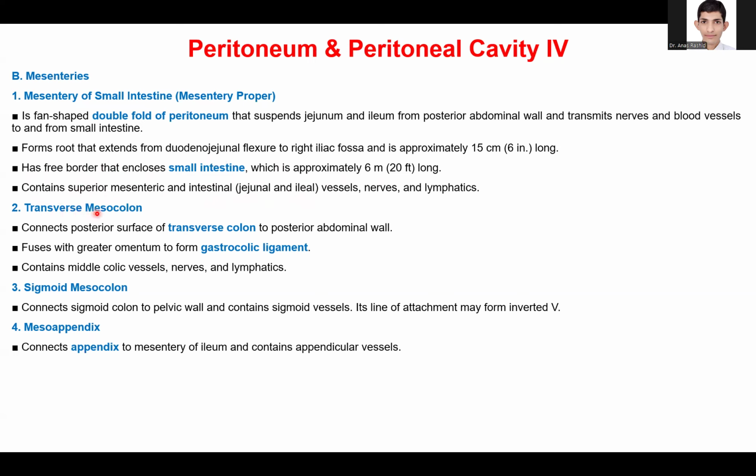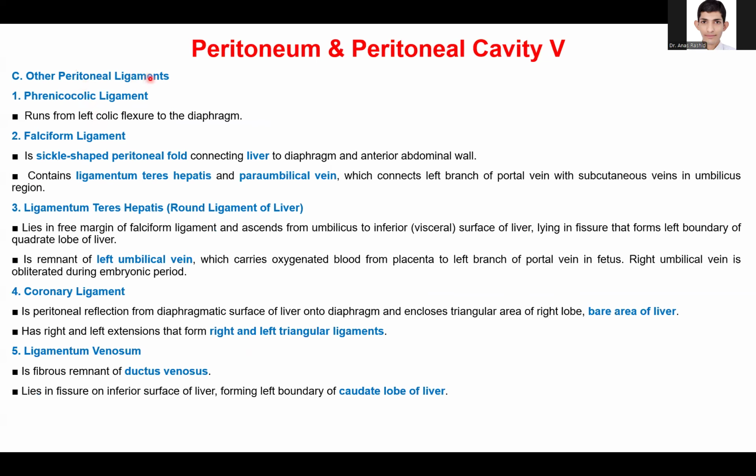We have the transverse mesocolon, which connects the posterior surface of the transverse colon to the posterior abdominal wall, fuses with the greater omentum to form the gastrocolic ligament, and contains middle colic vessels, nerves, and lymphatics. Then the sigmoid mesocolon connects the sigmoid colon to the pelvic wall and contains sigmoid vessels. Its line of attachment may form an inverted V. Mesoappendix connects the appendix to the mesentery of the ileum and contains appendicular vessels. Other peritoneal ligaments include